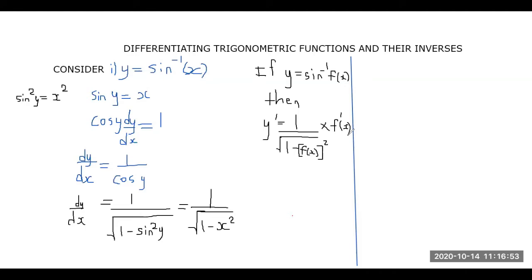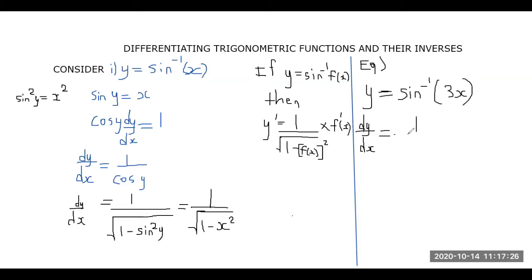And that's how we find the derivative of a trig function. So let's look at an example. Let's say I gave you that y is equal to the sine inverse of 3x. If y is equal to the sine inverse of 3x, then dy by dx is going to be equal to